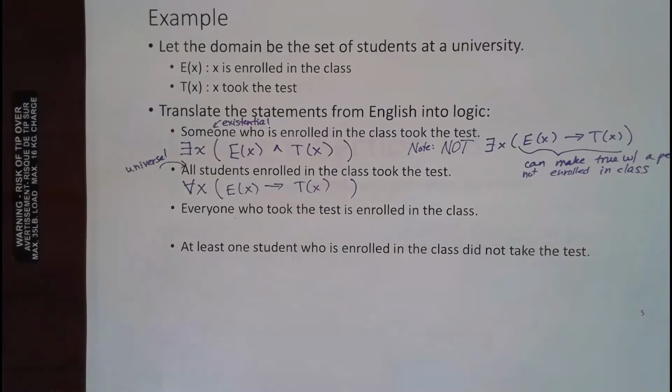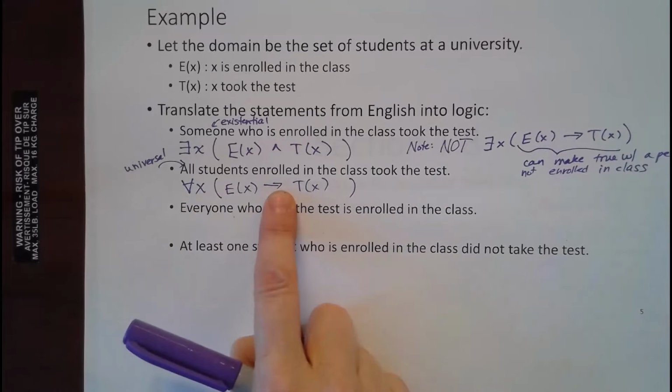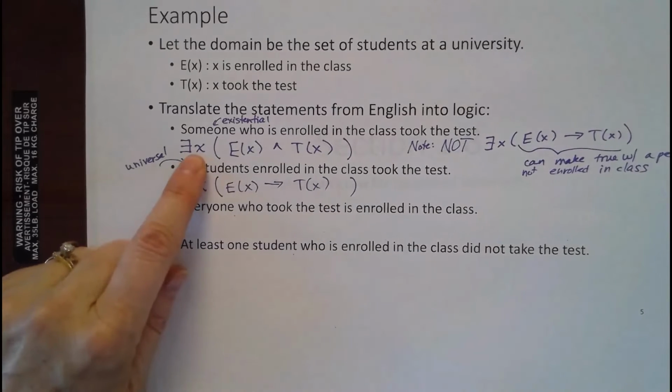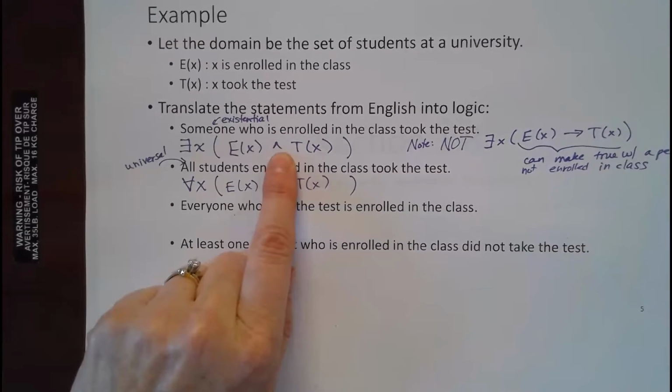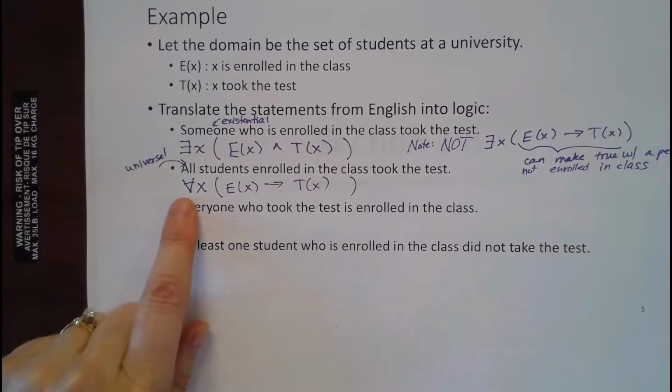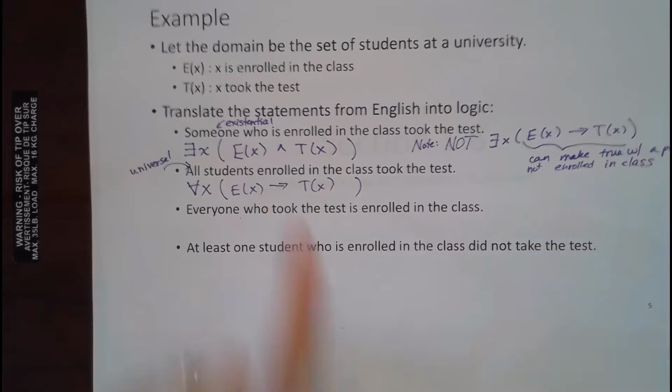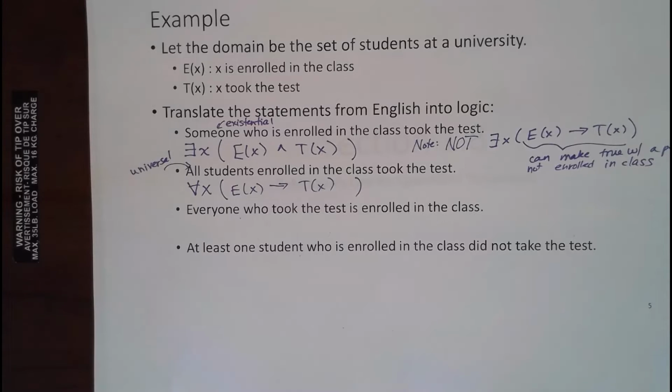Now if I made that an and, it wouldn't be true for everybody in the university. So once I put that universal there, I have to change that to an implication. Okay. So that's a little bit tricky, right? So if I'm using existential, it's got to be an and, or it's not going to be correct. If it's universal, it's got to be implication, or it's not going to be correct. Okay. Let's try the next one.